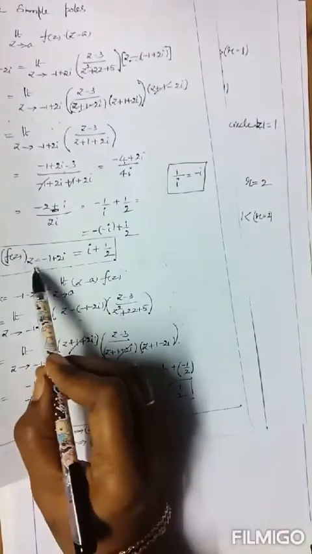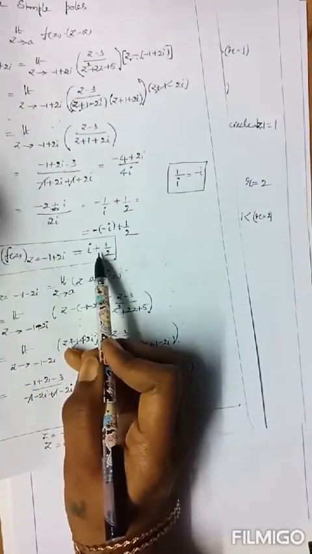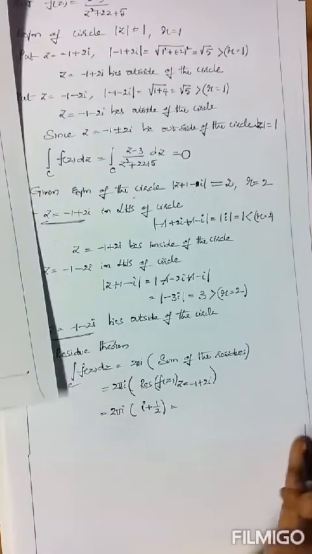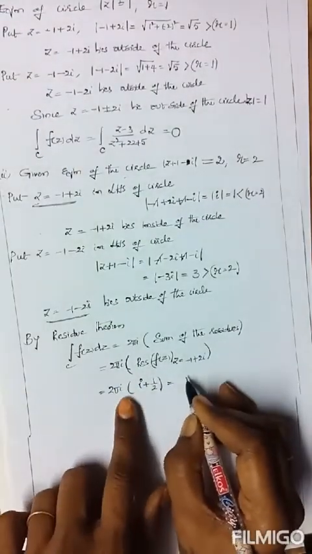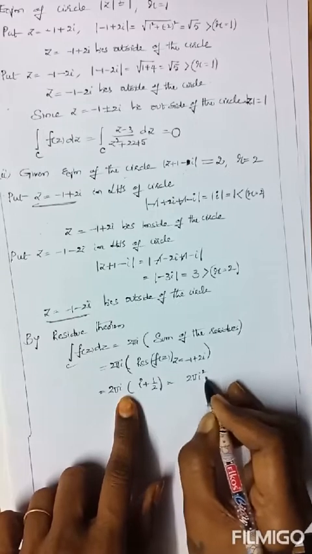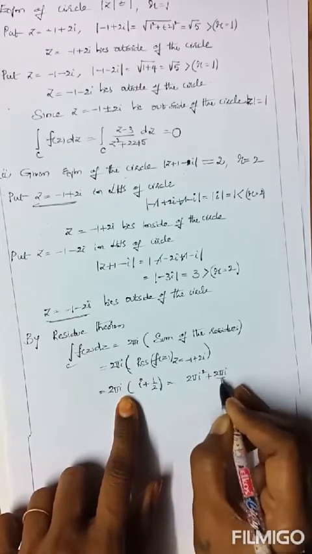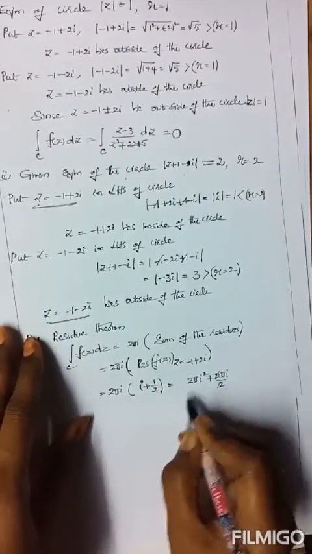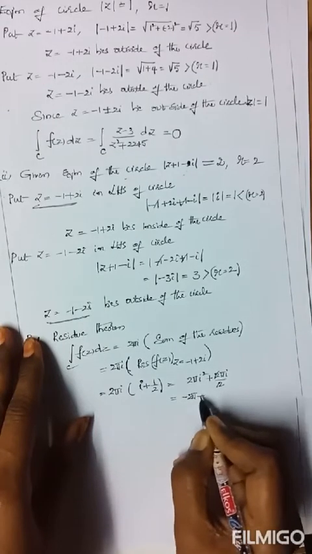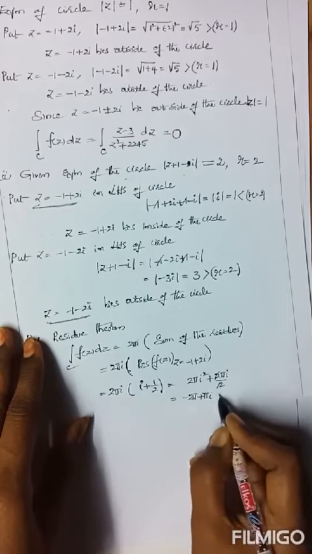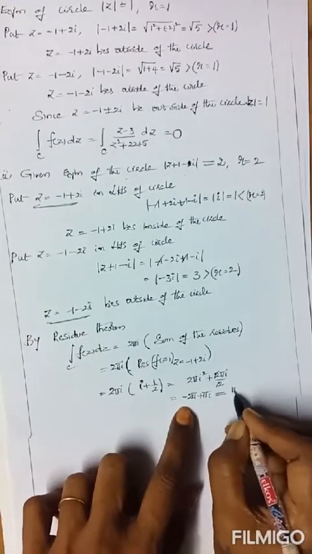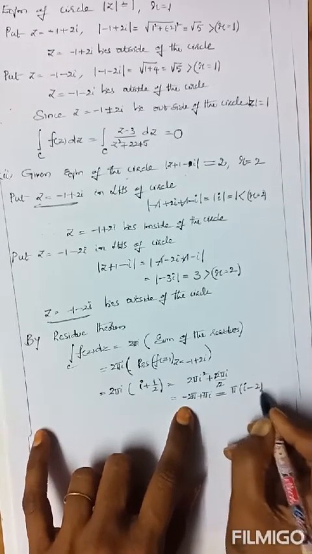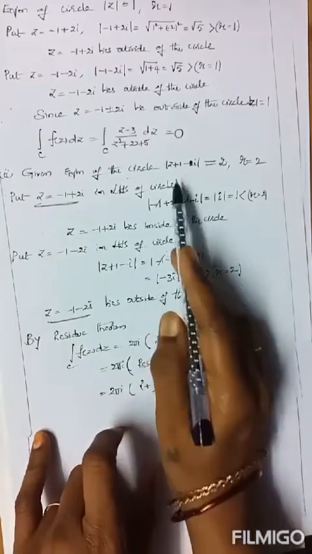Here we cleared the residue of f(z) at minus 1 plus 2i equal to i plus 1 by 2. Now just an ordinary product: 2 pi i times i, that is 2 pi i squared, plus 2 pi i by 2. Here the 2 gets cancelled. This is minus 2 pi plus pi i. Totally it is written as pi common, first positive, next negative: pi (i minus 2). This is the result of the given integral with respect to this circle only.